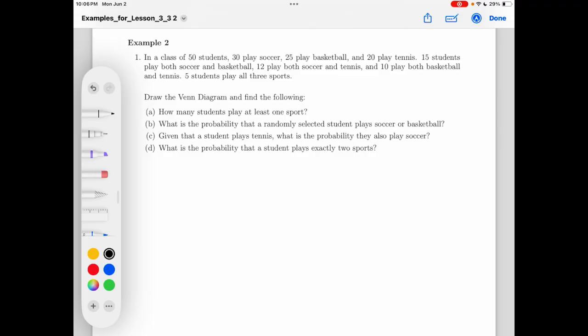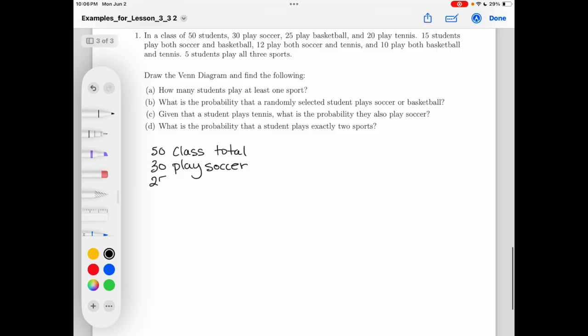In this example, it says a class of 50 students. So let's write this down as we go along. We have 30 that play soccer. We have 25 that play basketball. We have 20 that play tennis. We have 15 that play